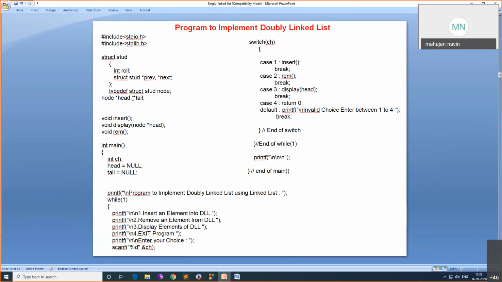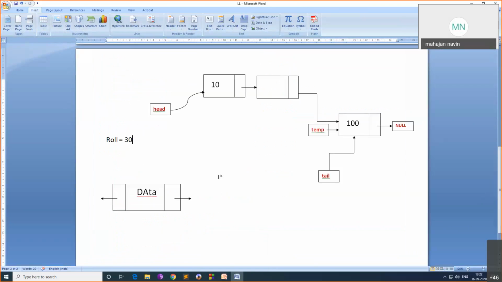Now what doubly linked list am I implementing? I am implementing a simple doubly linked list where head and tail, two pointers, will point to the first element and the last element. I'll keep on inserting elements. Elements are inserted at the end and removed from the front. That is, this doubly linked list is an implementation of a queue only. You can implement it in any other way.